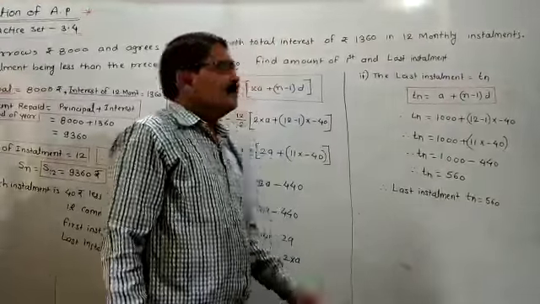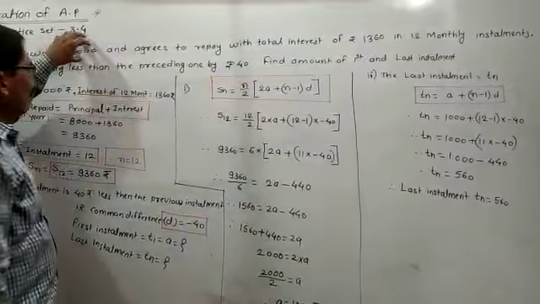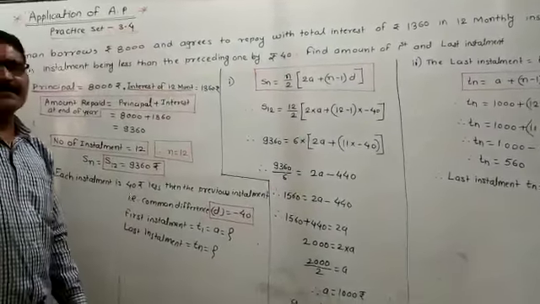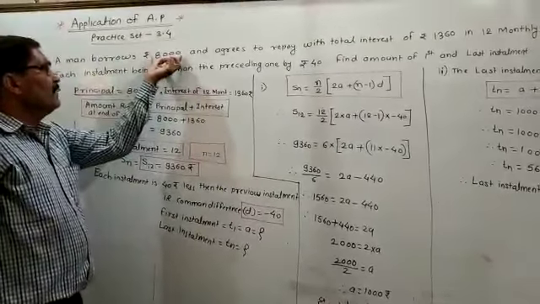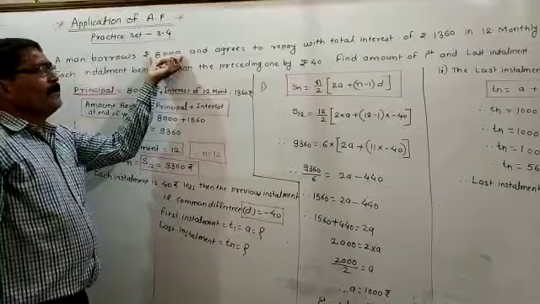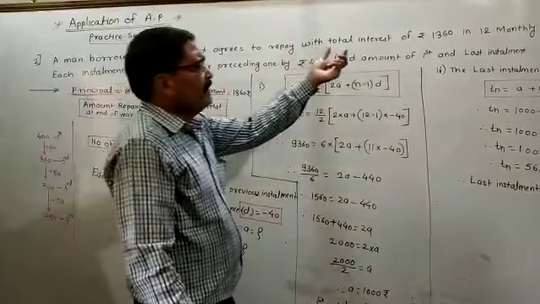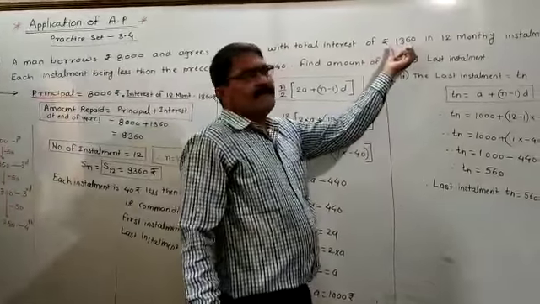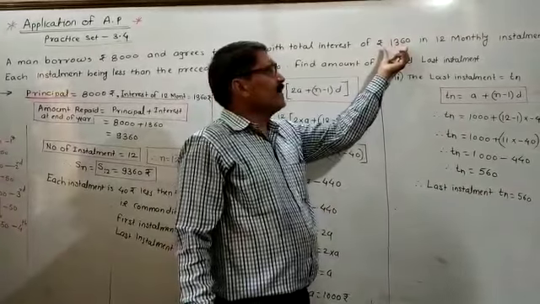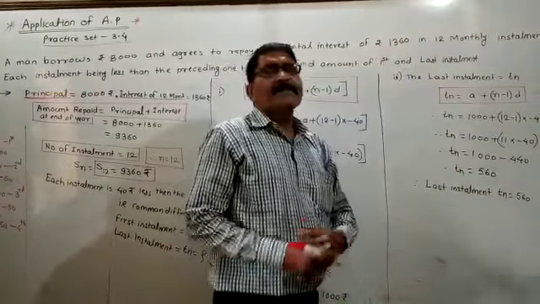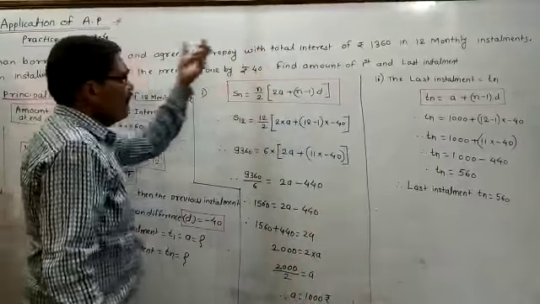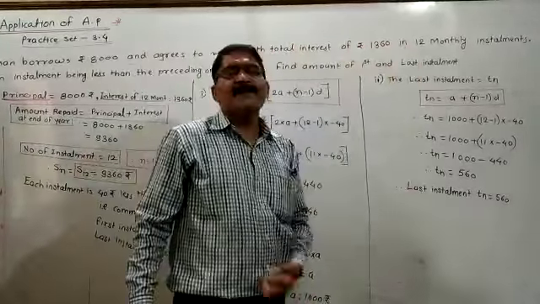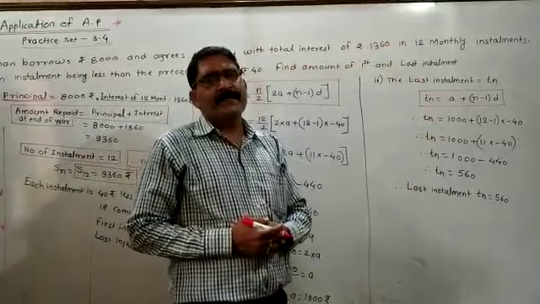The borrowed amount is called the principal. Everyone knows that the borrowed amount is called the principal. Means he receives the principal of 8,000 rupees and he is giving 1360 rupees as the interest, and he is paying all the amount, that is the principal as well as the interest, in 12 installments.